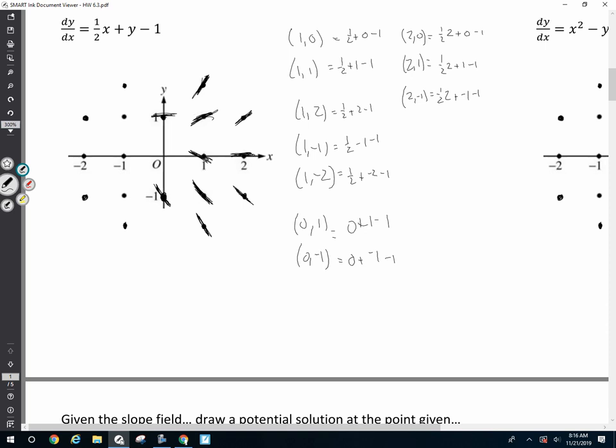Okay. Let's talk about the negative ones. Negative 1, 0. Negative 1, 1. Negative 1, 2. Negative 1, negative 1. Negative 1, negative 2. 1 half, negative 1, plus 0 minus 1. So that's going to be negative 3 halves as well. So down 3 over 2, aim over there. That's negative